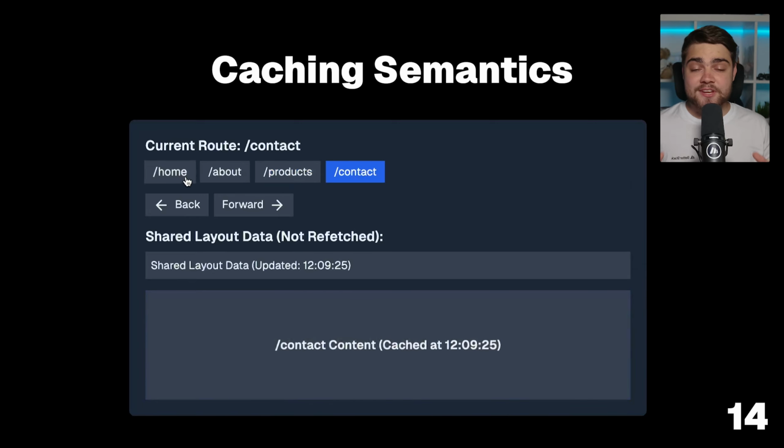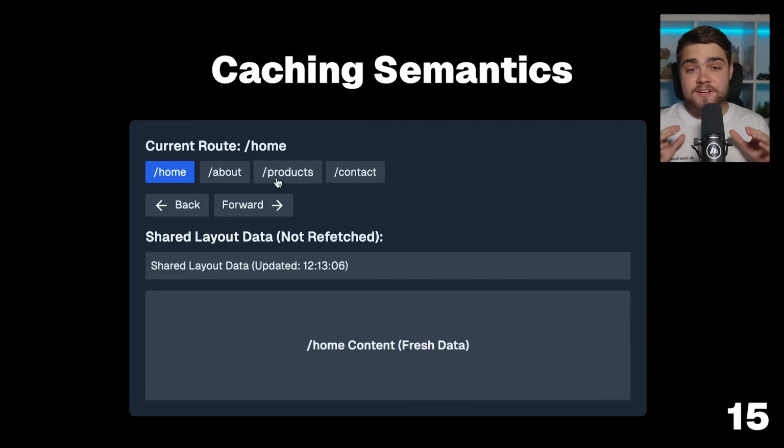So here in Next.js 14, as we navigated the app, the page segments here would be cached, and so would the layout and the loading.js. So you can see if I go back to a page here that I've visited, it serves back the same cached time. Now in Next.js 15, every time that you go and visit a page, you get fresh data instead from the page component,